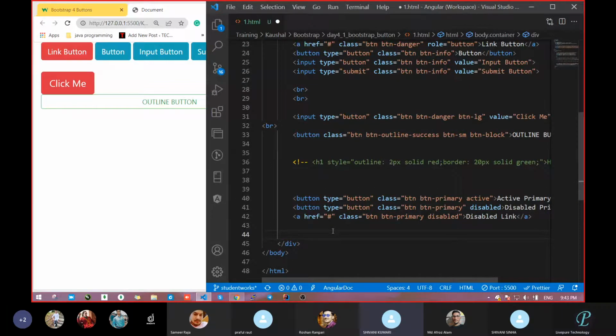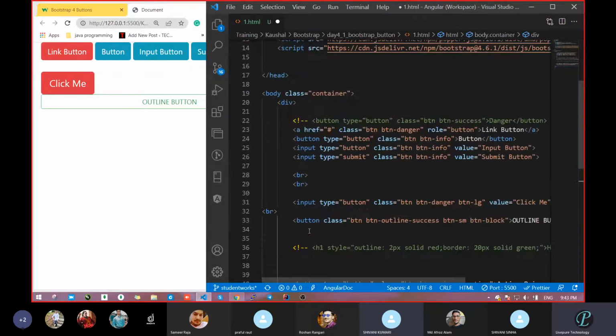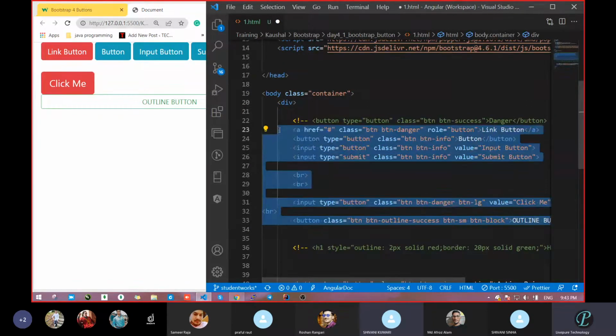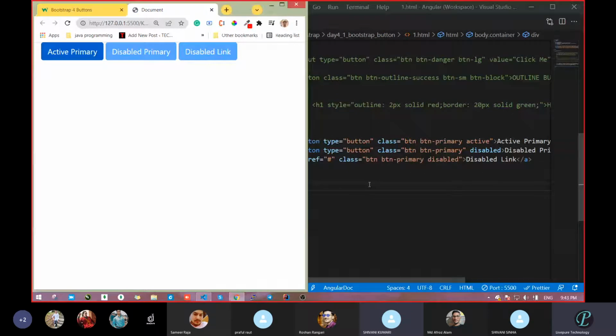Now see, what we will do next is add two types of button. One button will be active, one will be normal, and one will be like a disabled type. Let's comment this line of code. That will be fine. So see here, we are getting three types of button. One is the active button.